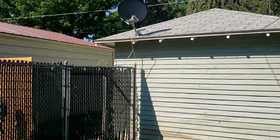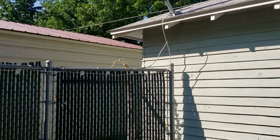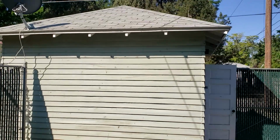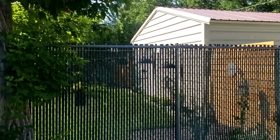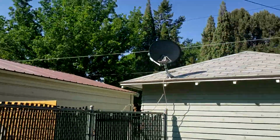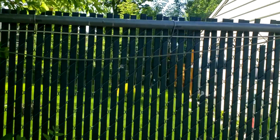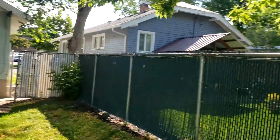Hey guys, we are out here looking at some wiring. I want to show you what we're looking at. Older home, got a really old, kind of rickety garage outbuilding. The way we're powering this, actually, and you got a satellite out here too. We got some wiring running all the way across this fence line from the back of the house out to this